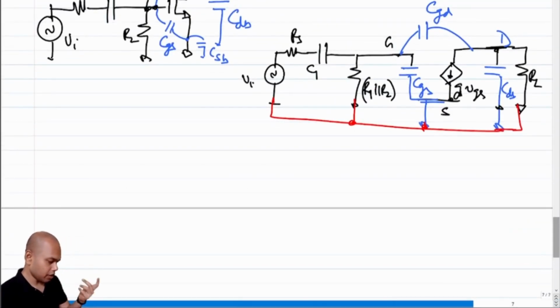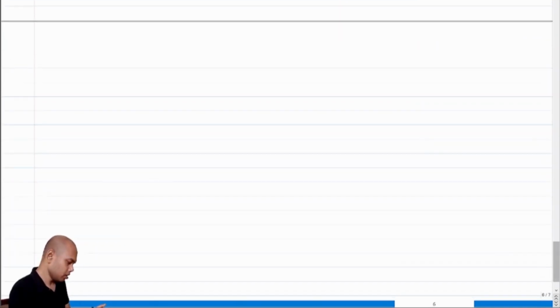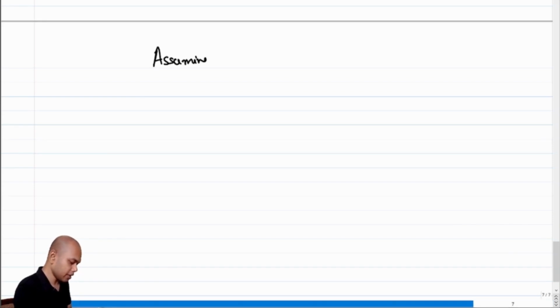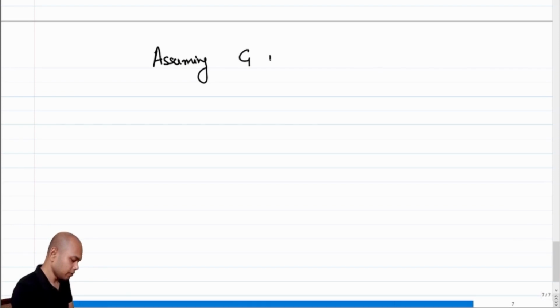I was talking about an approximation. What is the approximation that I was talking about? If we are designing a decent common source amplifier, what are we assuming? We are assuming that R1 parallel R2 is not loading the source, C1 is large enough to be treated as short circuit, and so on and so forth. As a designer, we would like to make a circuit that works, which means that these assumptions have to be right, otherwise you have to go back and change the component values. Assuming C1 is large enough